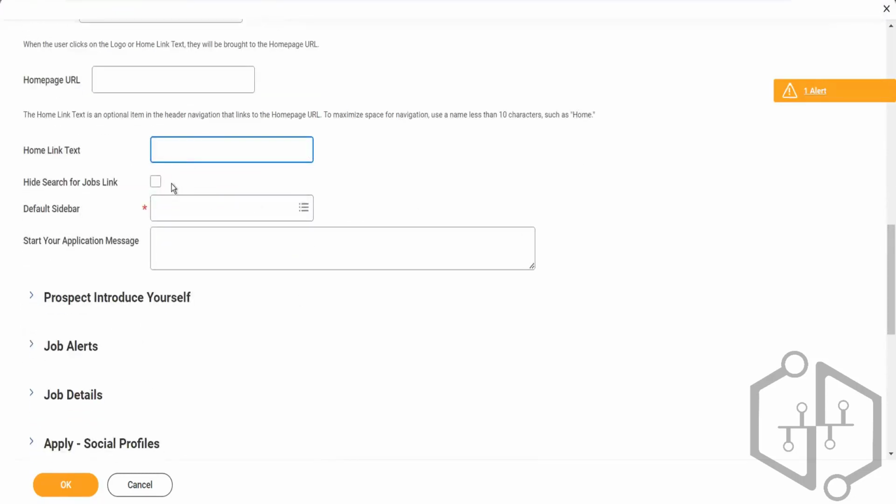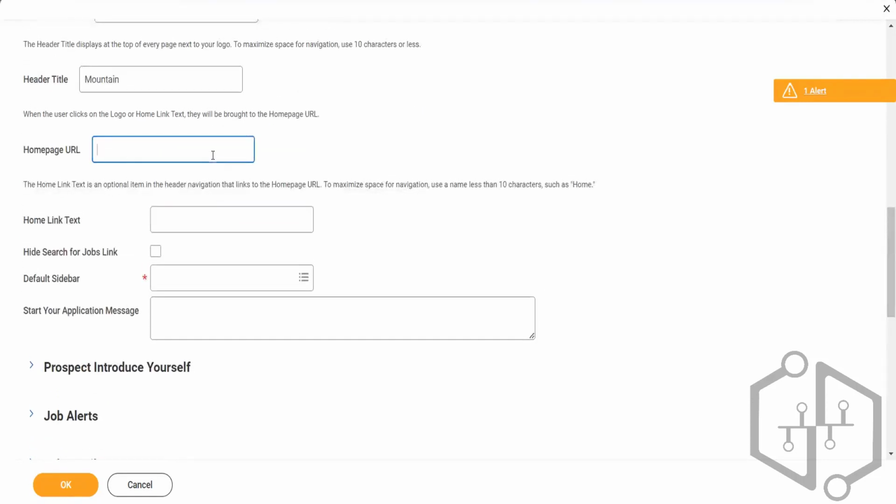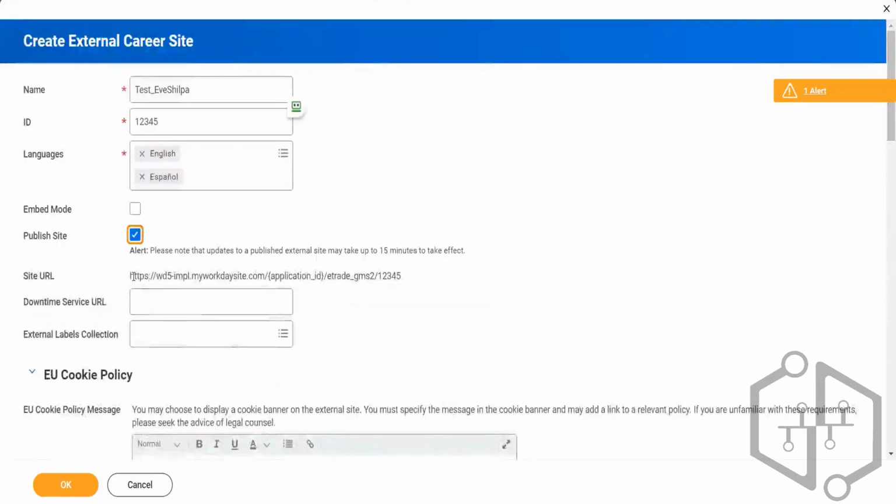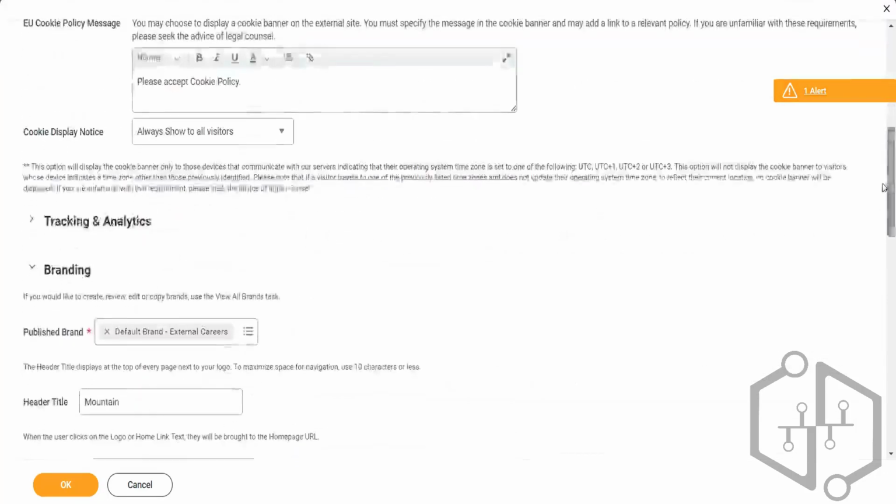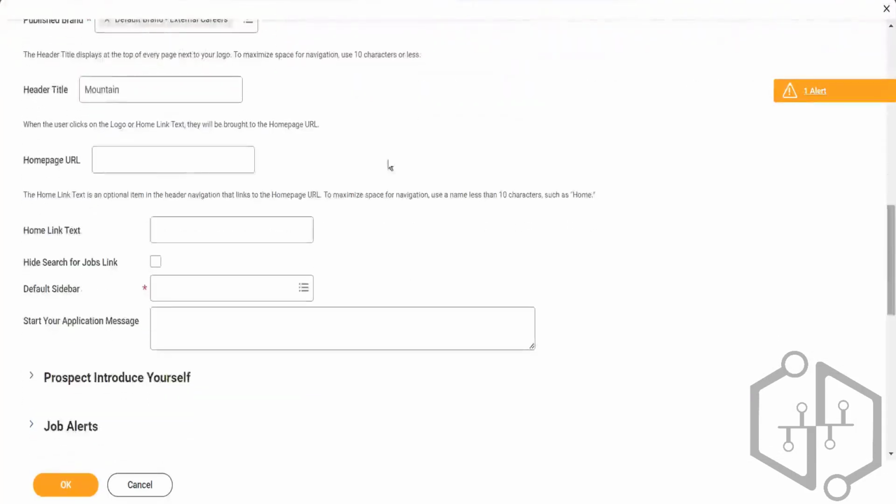Hide search. I'm sorry. So it's the same thing like when we create a job, like there was a URL created automatically on the top. Is it different than this one, homepage URL? So this you are talking about? Yeah, this is the site URL. Right? So this is the site URL and this the homepage URL means